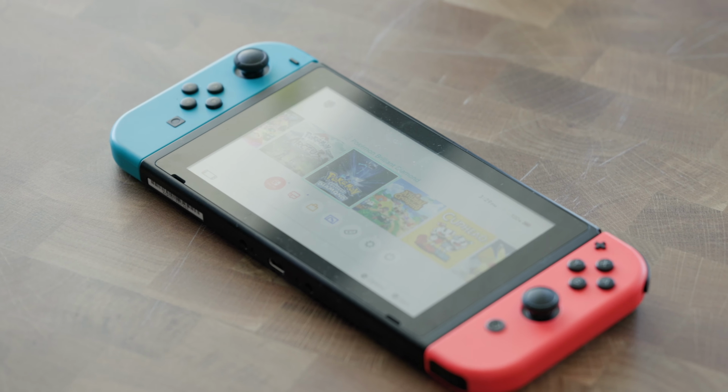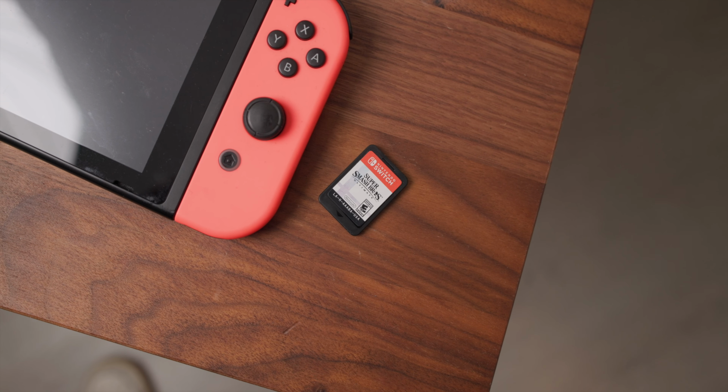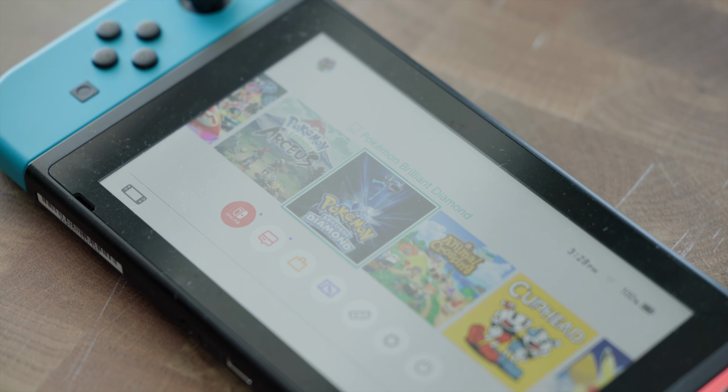So I've been using the Steam Deck for a while now, and it's really changed the way that I think of gaming. I usually just played a few games on the Switch. It was nice, I had the flexibility of either playing with the dock or playing handheld. And the games are great. Like Pokemon Diamond, I think, is one of the earliest games I remember playing, and the remake has been a